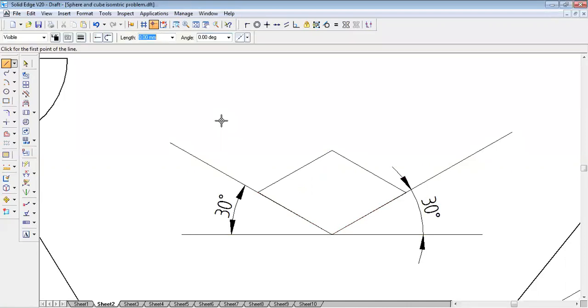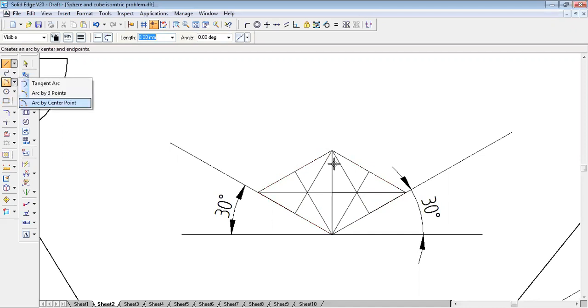Now, same thing. Midpoint corners, you just draw it, then get the midpoints. Then arc by center point. From this point, draw the circle.